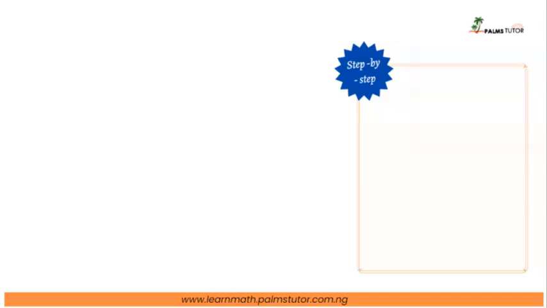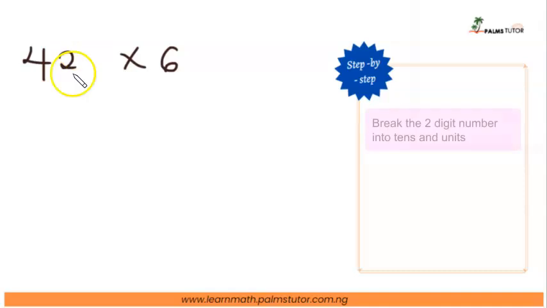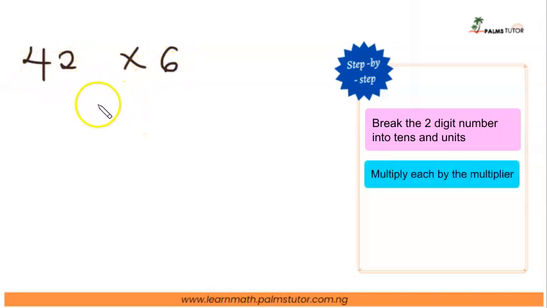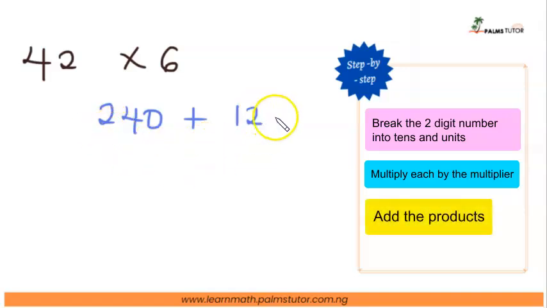Multiplying a two-digit number by one digit mentally. For example, you have 42 times 6. Simple. Two-digit number as a unit and a tens. So what do we do? Break these out into tens and units, because what this means in your head is that you have 6 times 40, that's 240, plus 6 times 2, that's 12. It's easy to add these together because then we have